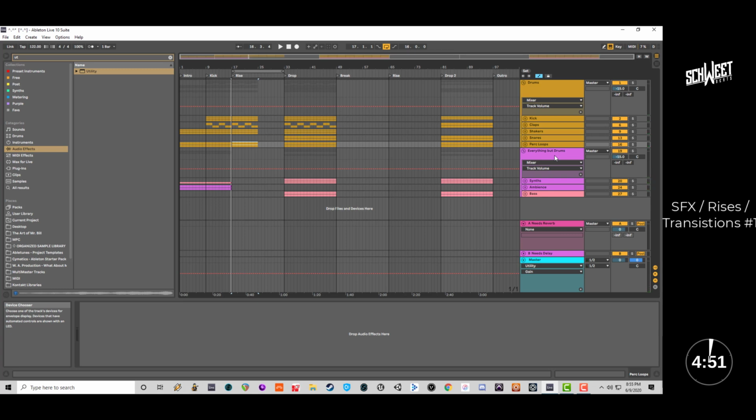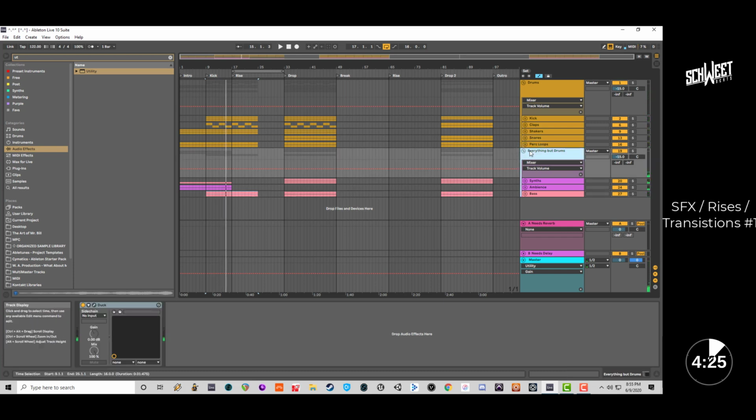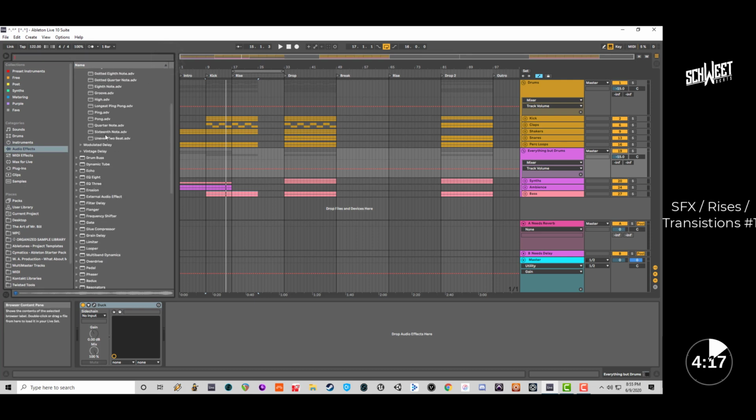Let's find some more ways to create transitions and some sound effects. The bass too, I think we can introduce that here. And then maybe we'll have it transition. So we can go into the reverb,